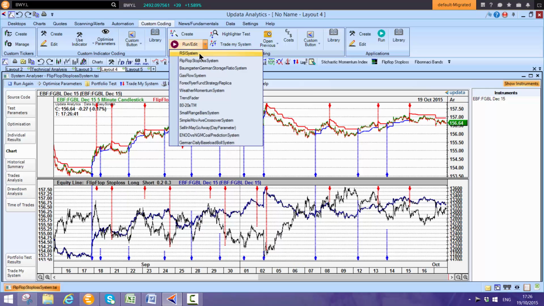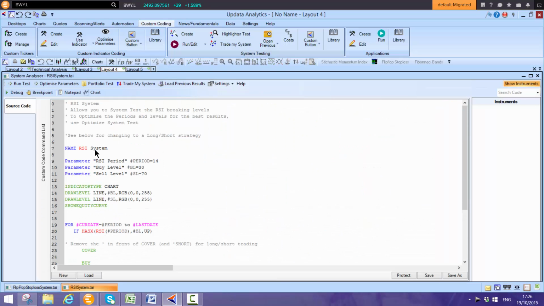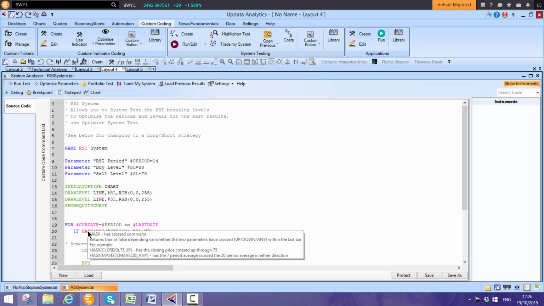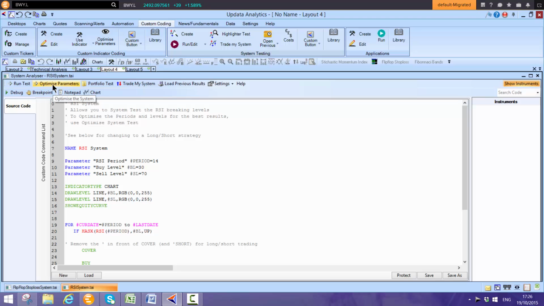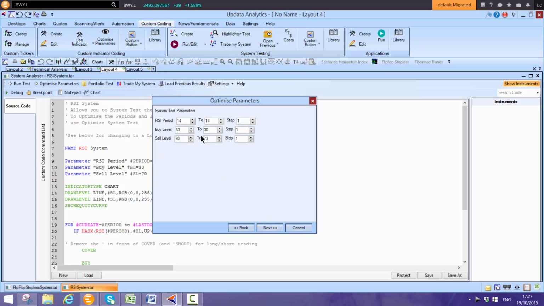So if I wanted to do, say, the RSI, and here's the code for it, all the syntax. If you can program in Visual Basic or C#, you can also use those languages, but we have things, for example, here's an RSI that's pre-written, the code for the commands for that. And if I want to optimize these parameters, because I've got the parameters here, I can do a quick optimization. So say I want to optimize between 3 and 10 on the RSI,